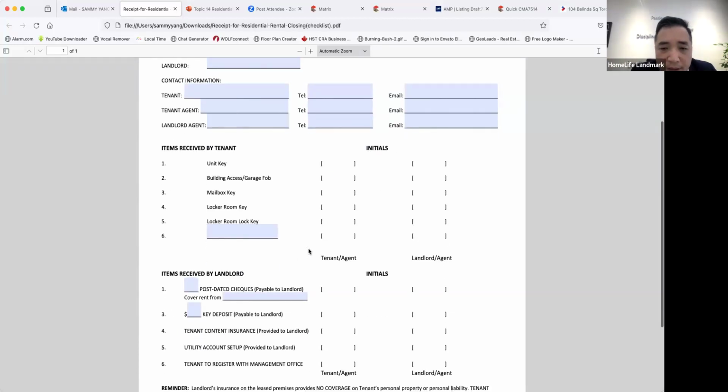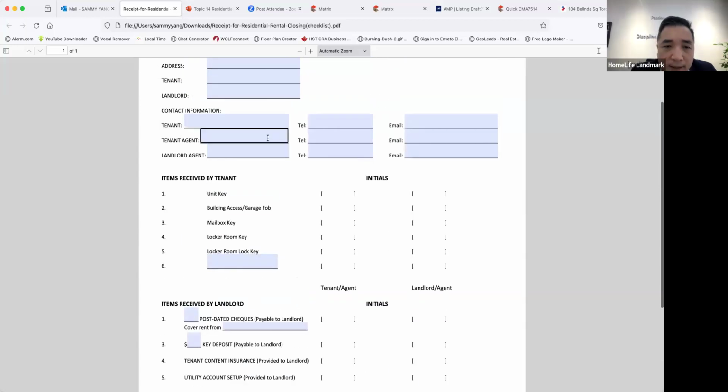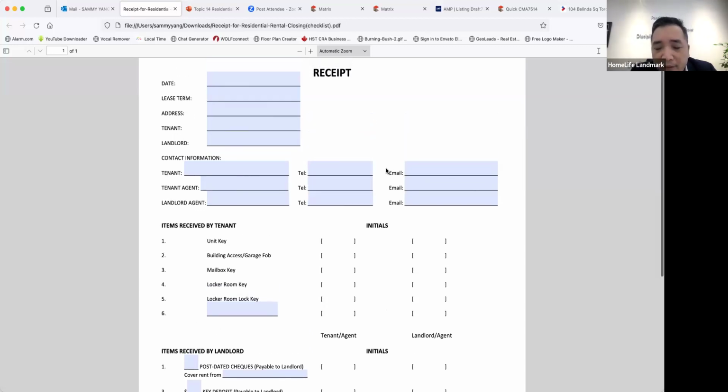And that is the initial from both sides. And you have the agent's name, agent's phone number, the landlord's name, landlord's phone number, email, tenant's name, tenant's phone number,